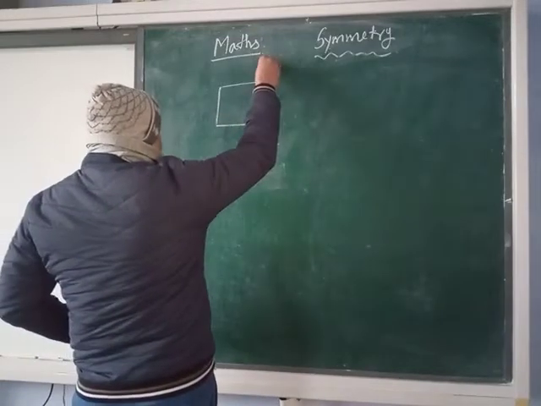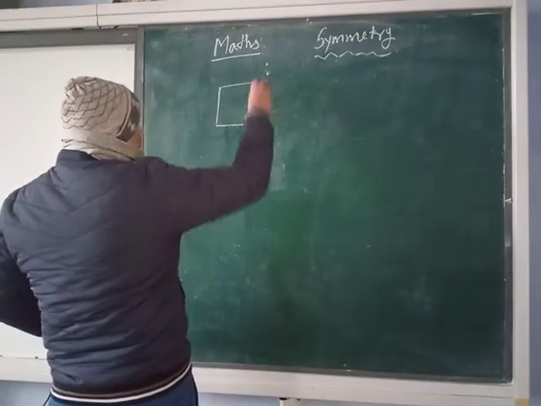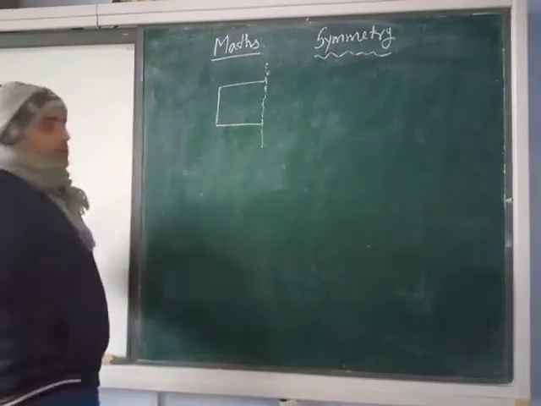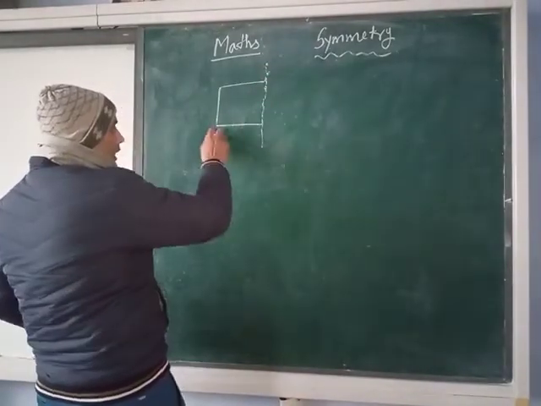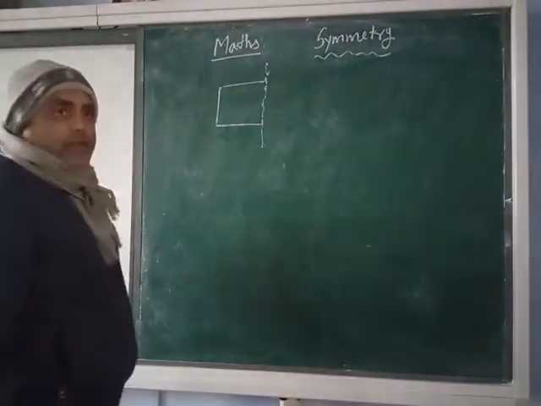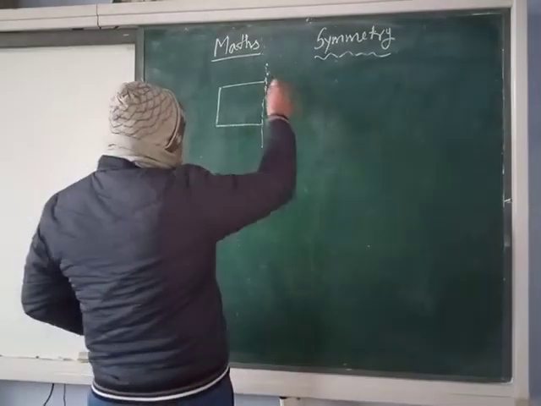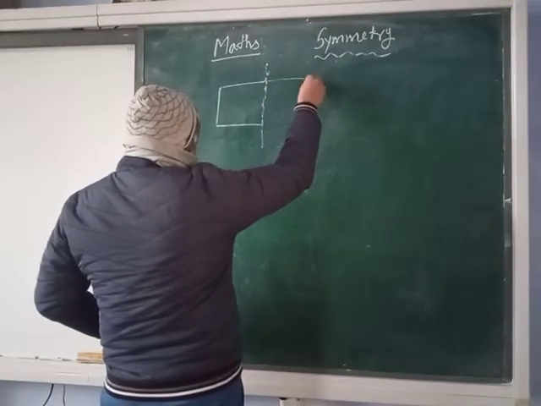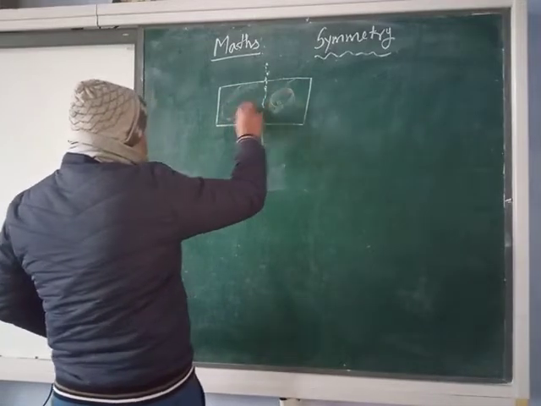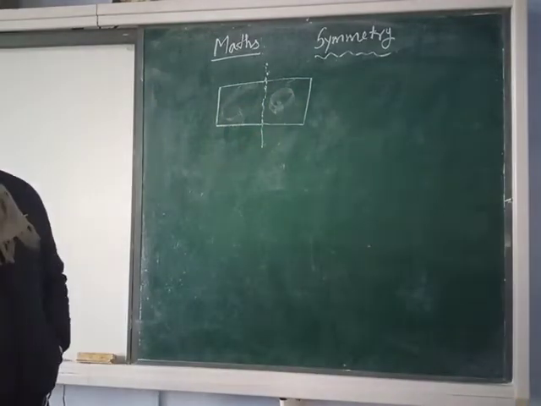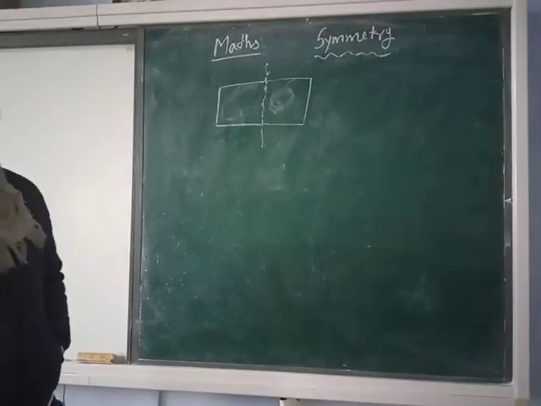Okay. And let us see, suppose that here, if we say that this is the symmetry line of this figure, or you can say if this is a mirror, and this is the object, then the same image will be found on that side in the mirror. Both are the same figure. So that is known as the line of symmetry.